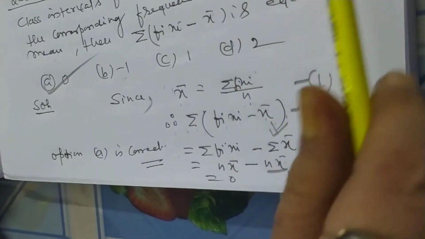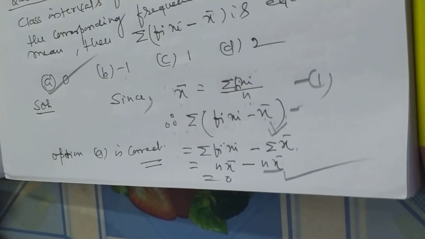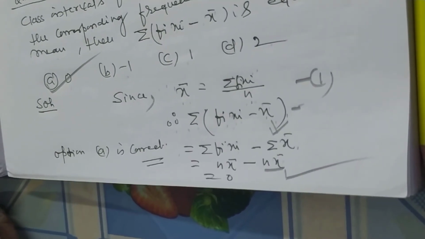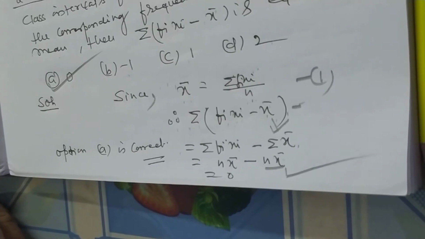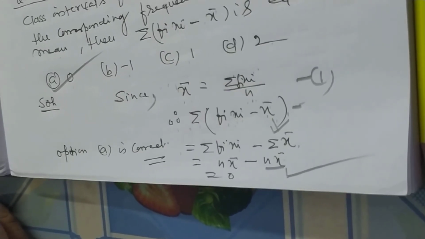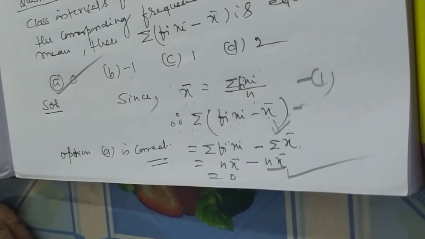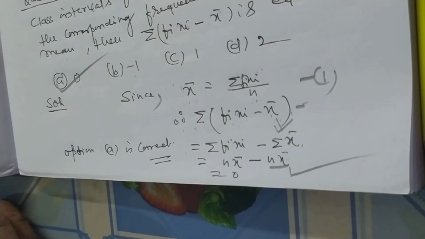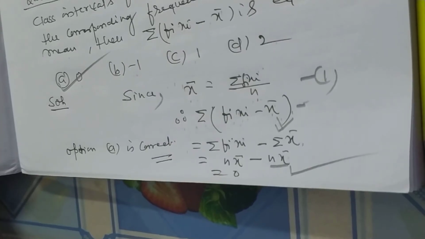So my dear students, I want to discuss how you calculate mean by general method and deviation method or shortcut method, and also how you calculate median. And there is a very important formula: mode is equal to 3 median minus 2 mean. The empirical formula is very, very important.